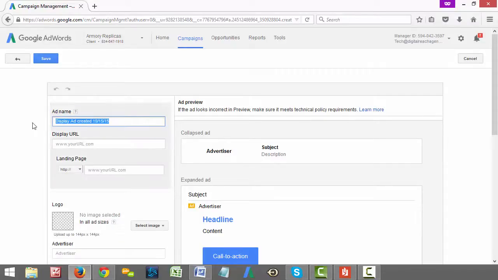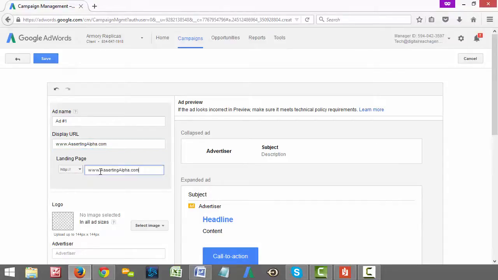And we'll start off by, well, we don't have to give our ad a name. I guess we can. But let's go ahead and call this ad number 1. All right. Our display URL, I'm actually going to create a fake ad for a fake company. I used to be a dog trainer way back in the day, so we're going to pretend that we own a dog training company, and we're going to create an ad for that company. So the display URL, the old company I used to run was called Asserting Alpha, so we'll call it